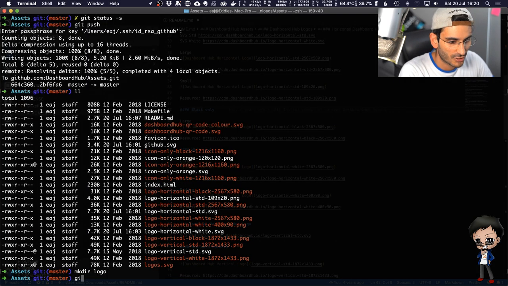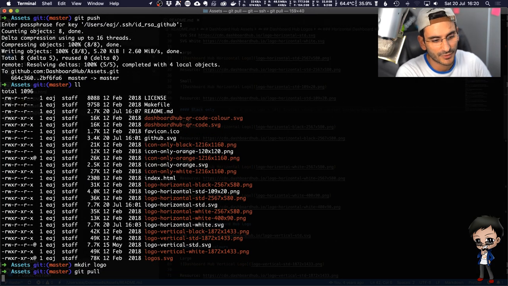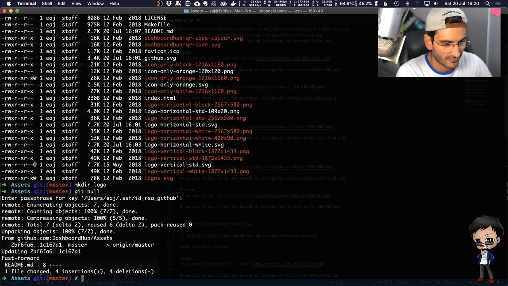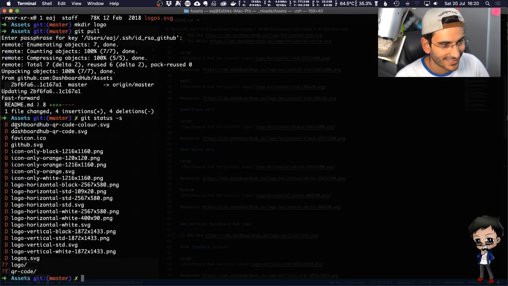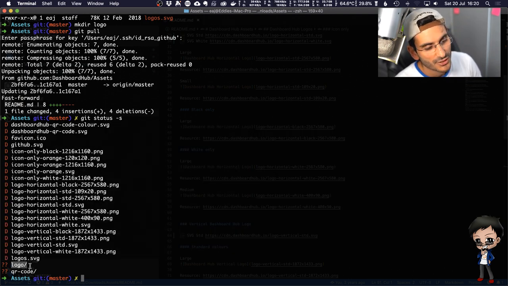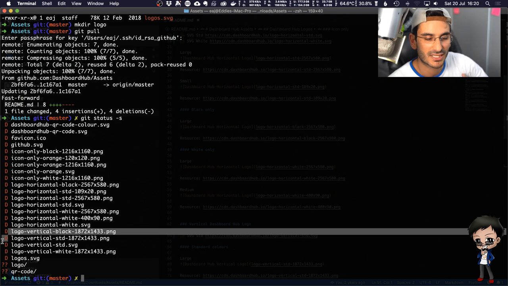So all I'm going to do is go git pull, and it shouldn't conflict with any of the changes that I've made because I didn't change the MD file. Perfect. So you can see it's come down. There's been 8 changes to the MD file. And if I do a status, you can see it says D. I've deleted all these files, but I've added them to logo. So they look like Ds at the moment because everything's unstaged.